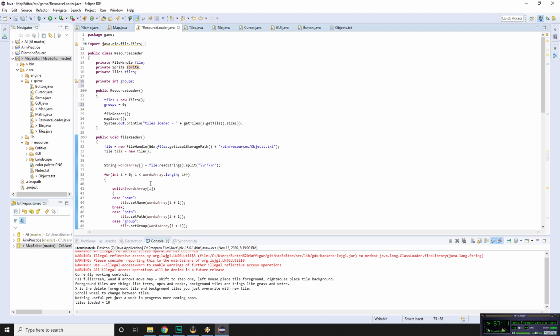But then what would I do? Would I actually have a whole other array list of just... I don't know if that would work. You had an array list of tiles, it's groups. It doesn't really fix something. I need